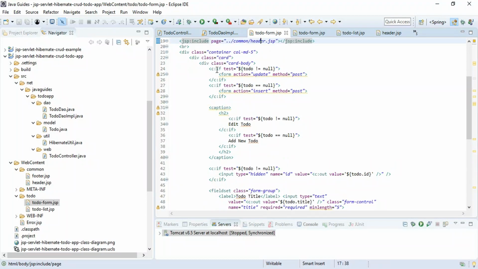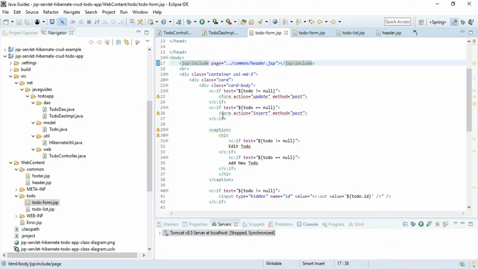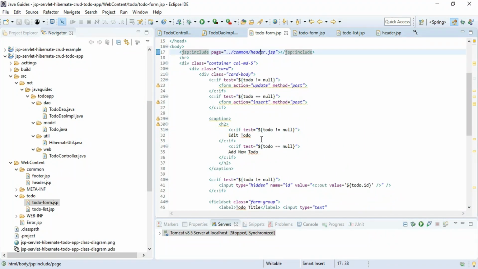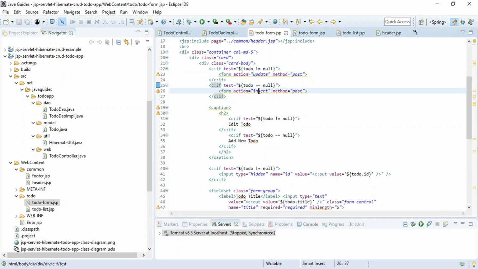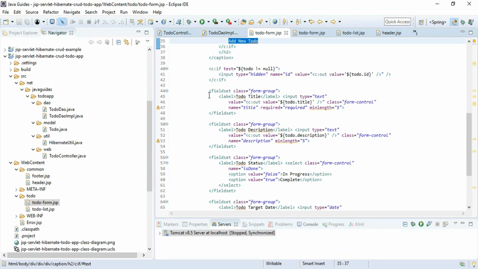And look at here, this Todo form.jsp is used for two purposes. One is to add the new Todo and the other is to update the Todo. So based on the condition we can submit the form. So if the Todo is not null, then we can update the Todo, and if Todo is null, then we insert the Todo. And look at here in a caption. So if the Todo is not null, then we display the text edit Todo, and if Todo is null, then we display the text add new Todo. And similarly